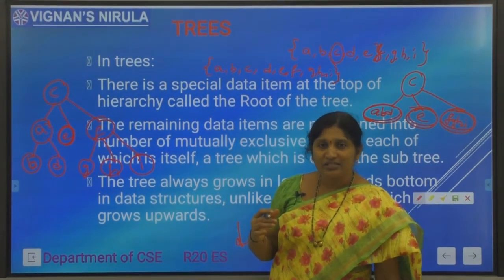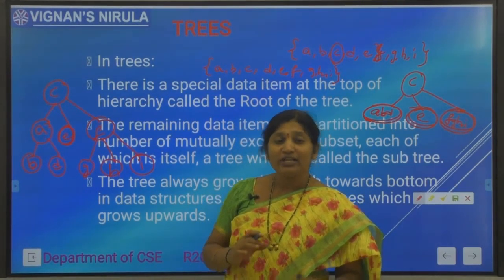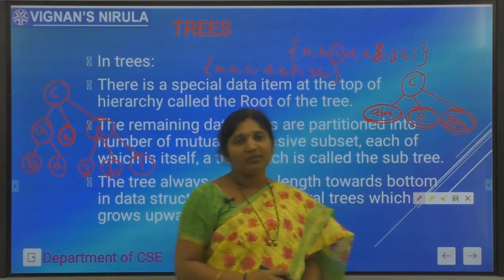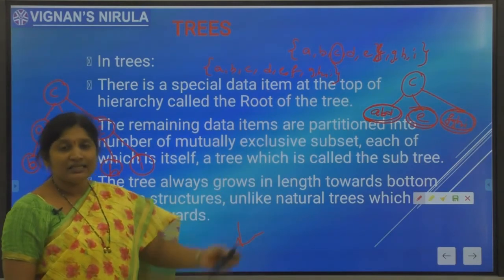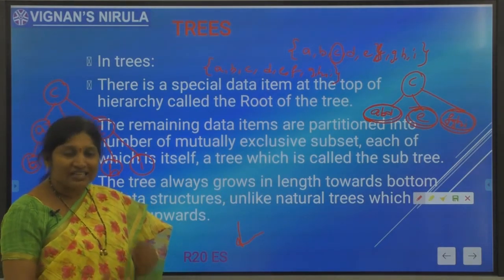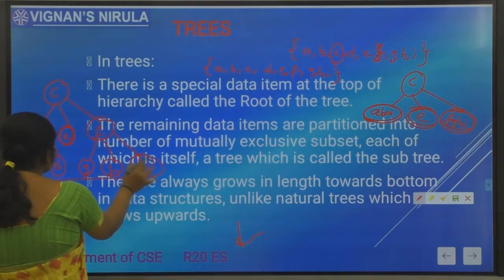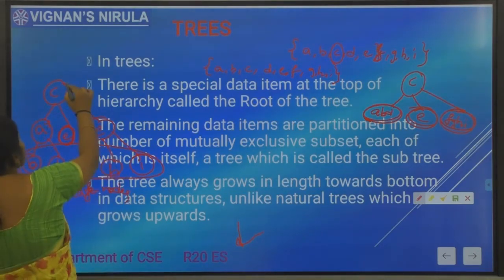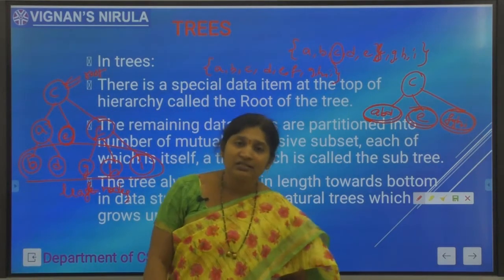Likewise, all the elements in the tree will be divided into disjoint groups where there exists a designated element called the root of the tree, and all the remaining elements will be partitioned into disjoint subsets called the subtrees of the given tree. Again the subtrees will be further subdivided. The last elements of the tree are called leaf nodes. The first node is called the root node. The last elements will be called leaf nodes.